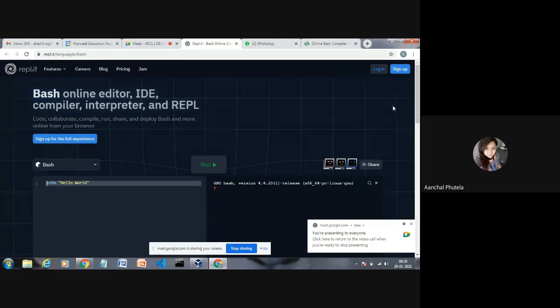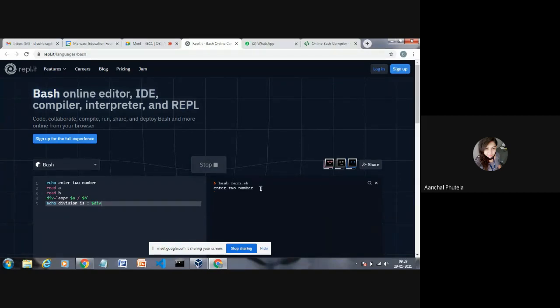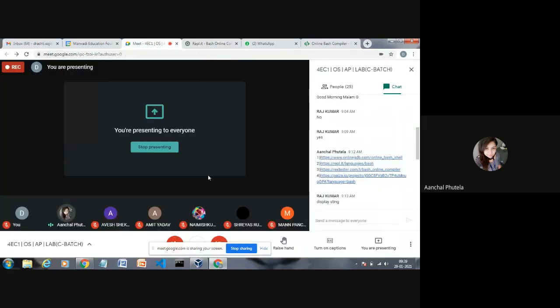Paste your code here. Enter two number. Division is 0. For now, just do it for the integers. After some practice, I will let you know how to do for the floating numbers. Done? Do the other script too.